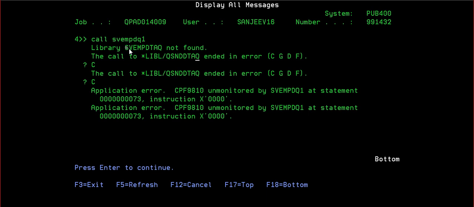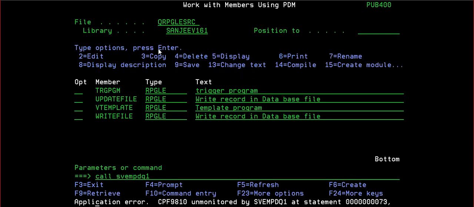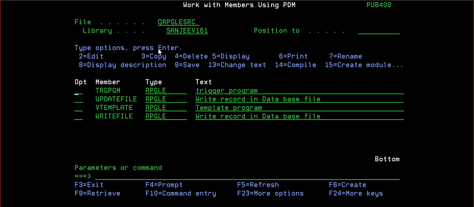Yes, this is not found because we created it in 16B and now it's finding in 161. So let me create this in 161. Create data queue. So I will just create it in 161.